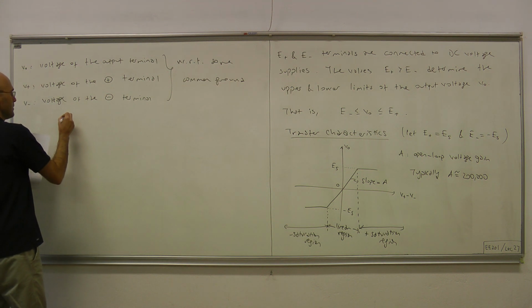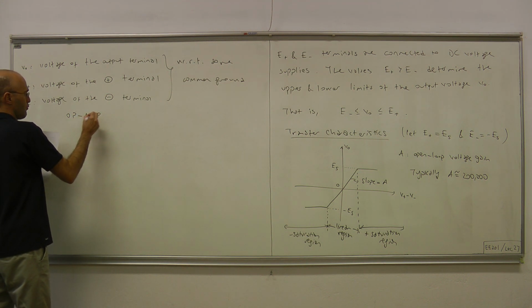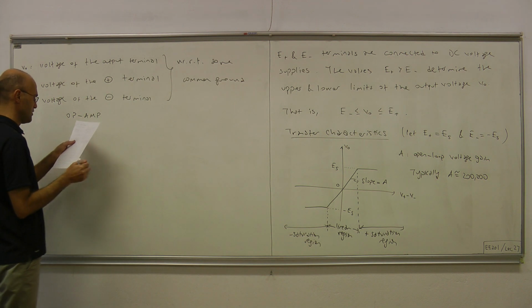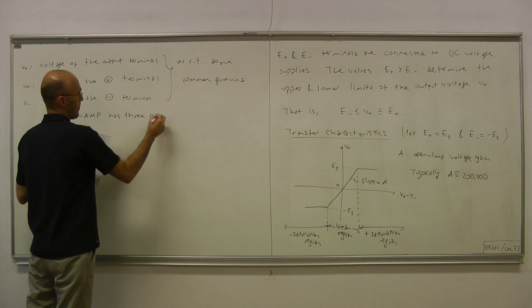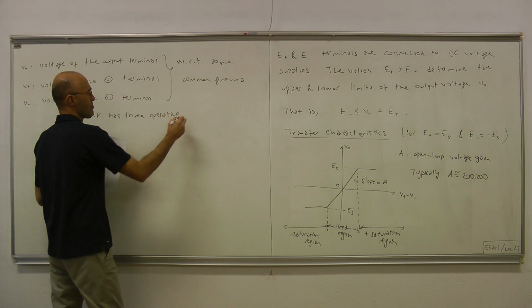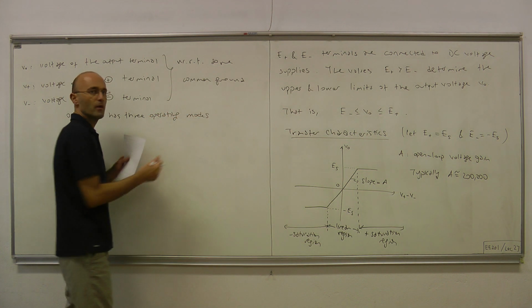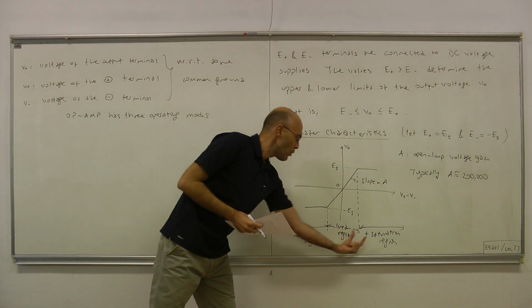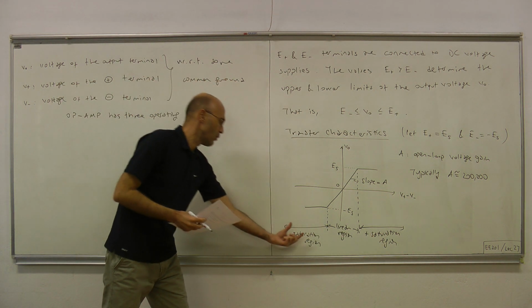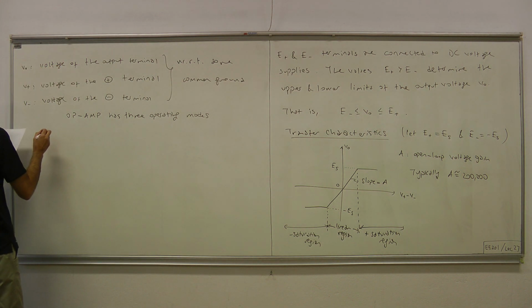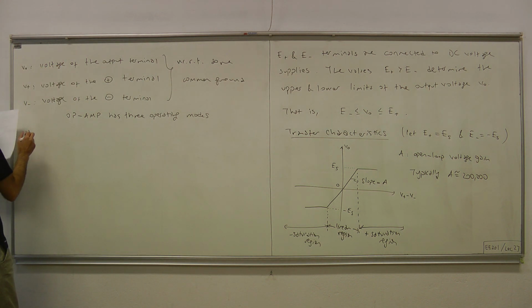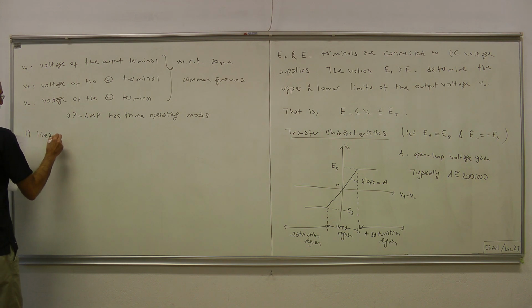Now, op-amp, in short, for operational amplifier, has three operating modes: the linear mode, the positive saturation mode, or the negative saturation mode, or region. Okay. Now, one, it's called the linear mode,